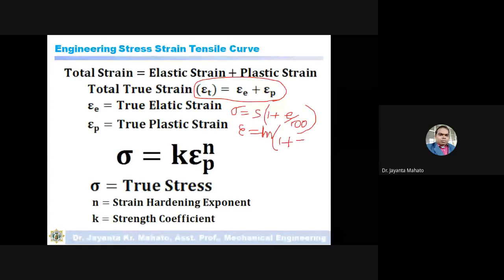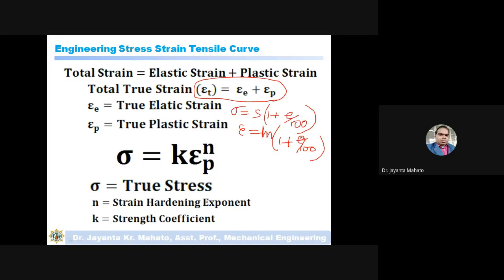From these relationships, you can calculate true stress and true strain values, and the total true strain is true elastic strain plus true plastic strain.